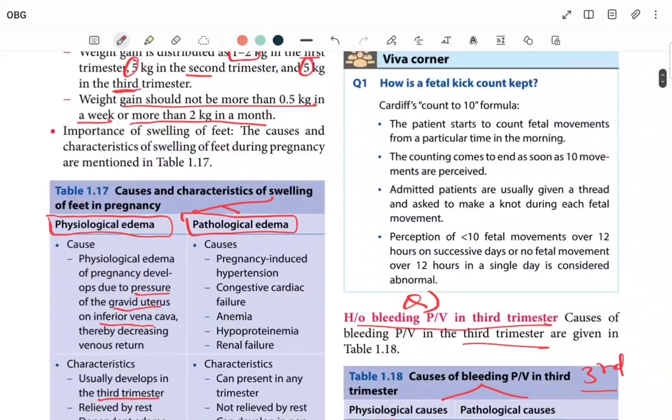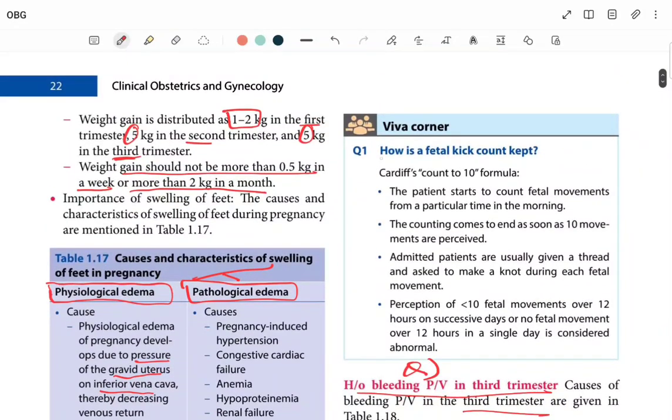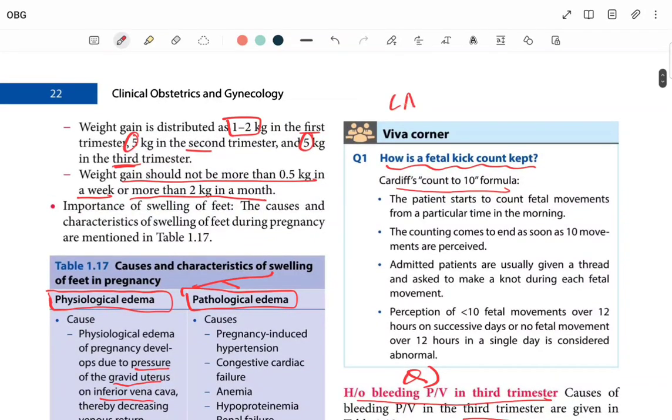Now next, how is a fetal kick count kept? So what is this fetal kick count and how is it kept? There is a formula, okay? Cardiff's count to 10 formula. What is it? Cardiff count to 10